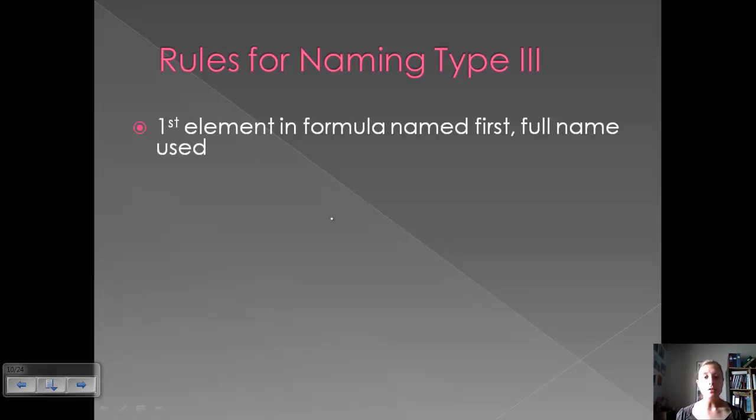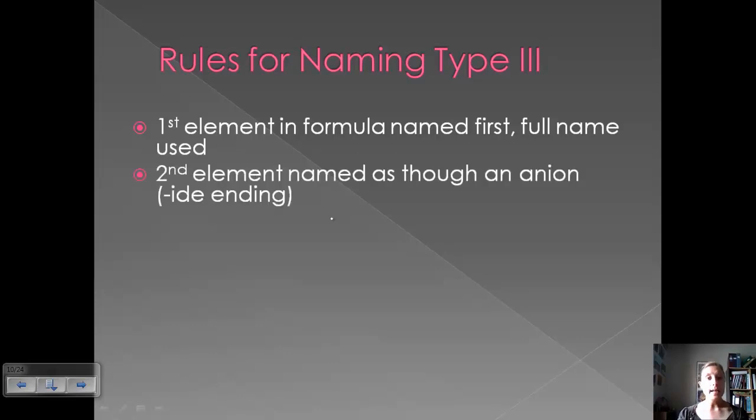Now, unlike type 1 and 2, which contained a metal and a nonmetal, type 3 contains two nonmetals. So technically they are both anions, and it doesn't really matter which one goes first. There's a certain order, but it isn't like type 1 and type 2. The second element is named as though it was an anion, so as in type 1 and type 2, we're going to give it an IDE ending. The difference with type 3 is that because they are both technically anions, we're going to use prefixes to